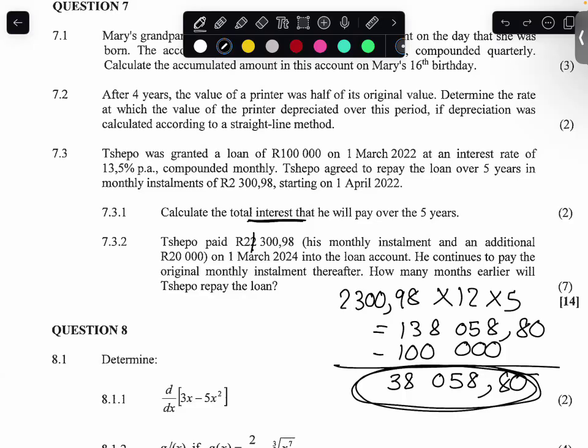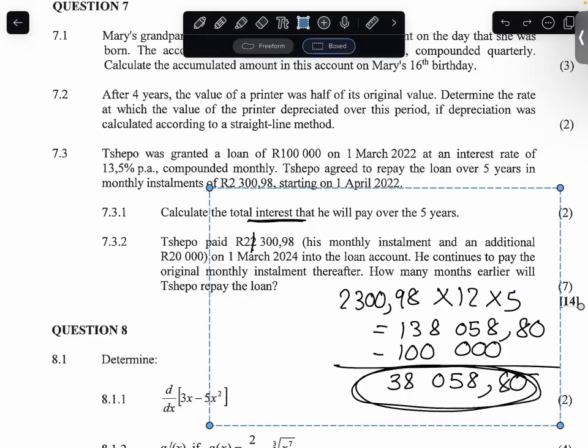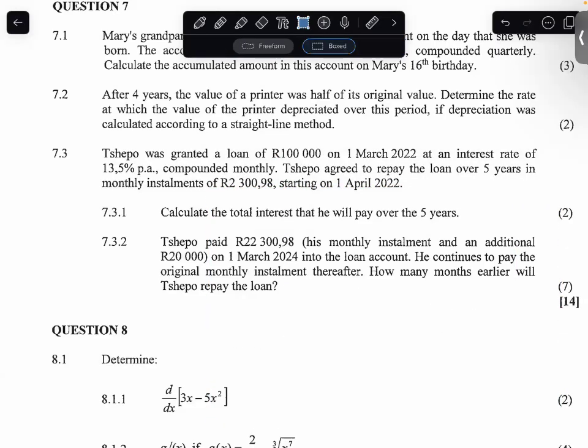2,398 cents, his monthly installment, and an additional 20,000 on the 1st of March 2024. So remember, the loan was taken out on the 1st of March 2022. Right, so they say that he paid his monthly payment, which is 2,398 cents, and an additional 20,000 on the